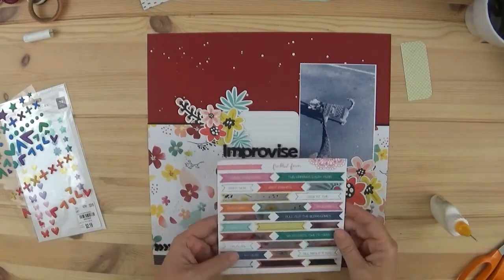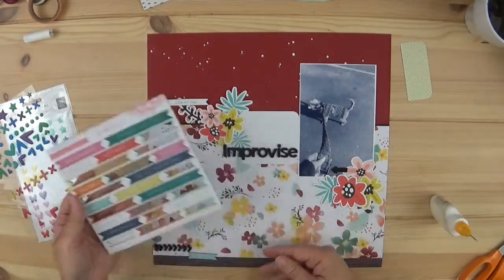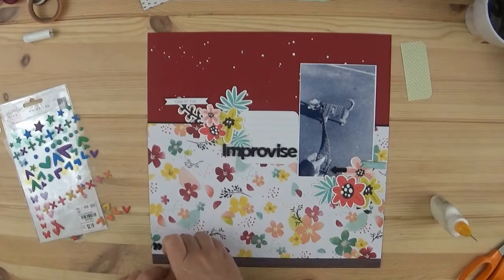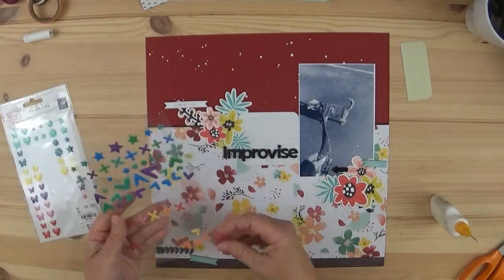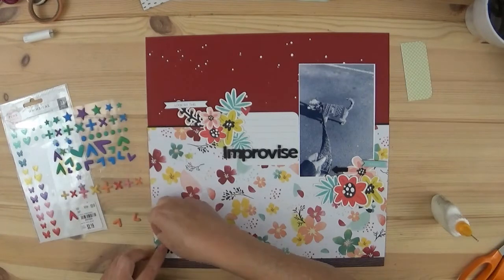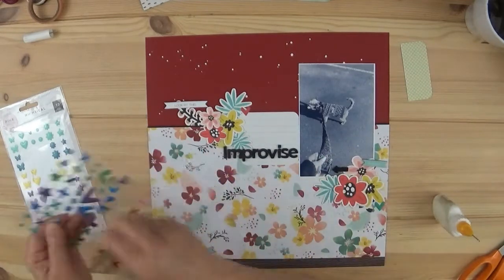Now I do use 3 of those chipboard, I guess they're banners. The one at the bottom says "True Story," and the one that I put over there on the left says "Look at this," and then the green one that's over by the photo says "Amazing." Now, all of those chipboard, I put wet glue on it to glue it down. They are sticky, but as many of us know, chipboard does not stay sticky, and so I wanted them to